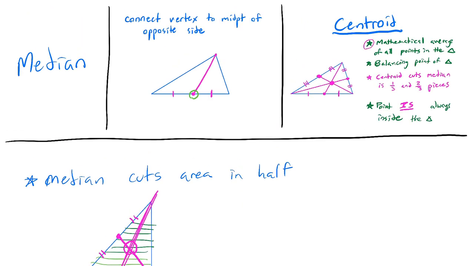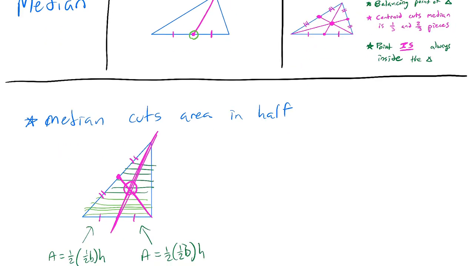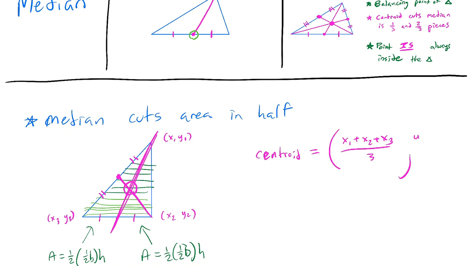So there's a couple different ways to think about this. One, it's actually the mathematical average of the points. So if you average up the infinitely many points in that triangle using calculus, the average of all those points is the centroid. Okay? Now, another way to think about it is if you want to find the centroid, you literally take the 3 points here, x1, y1, x2, y2, x3, y3, and you just add them up. You go to the centroid's point. This doesn't come up that often, but the centroid's point is actually x1 plus x2 plus x3 divided by 3,